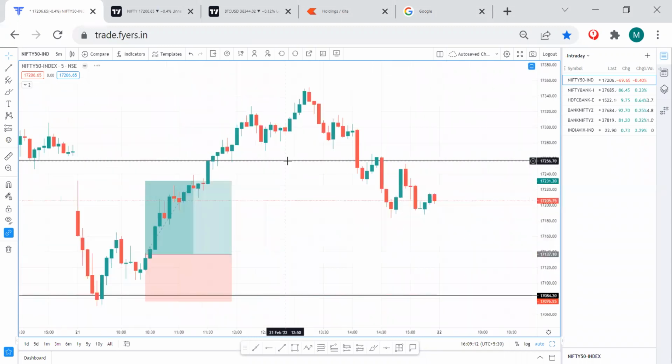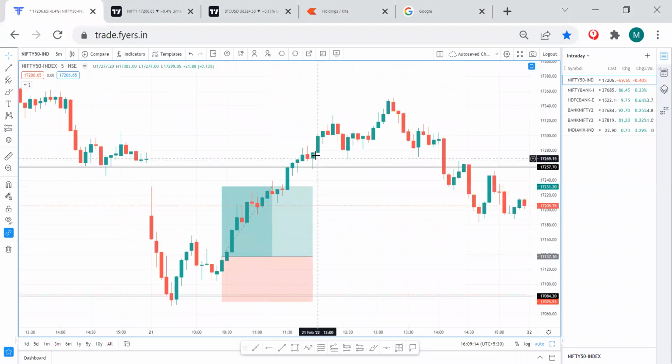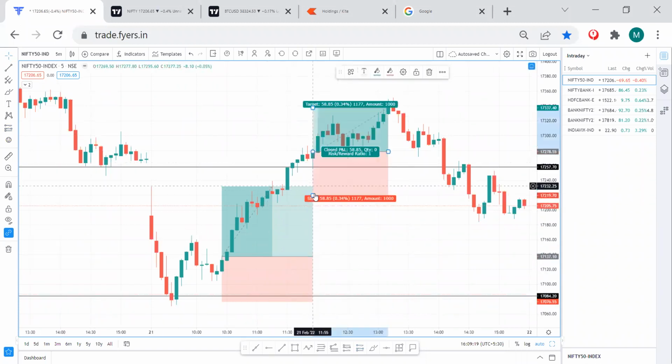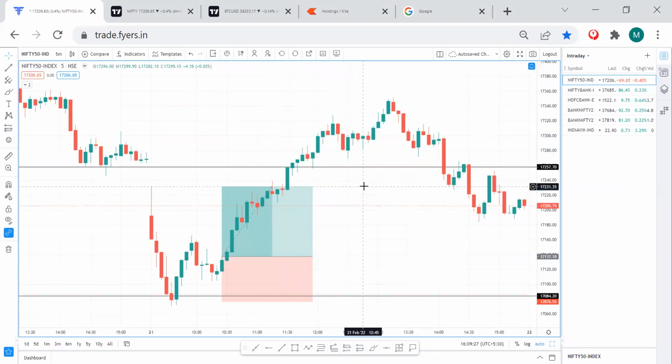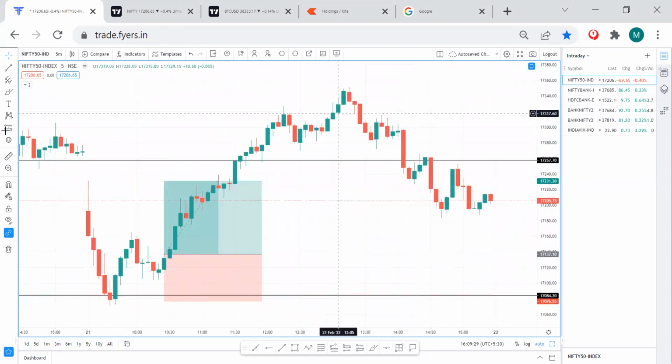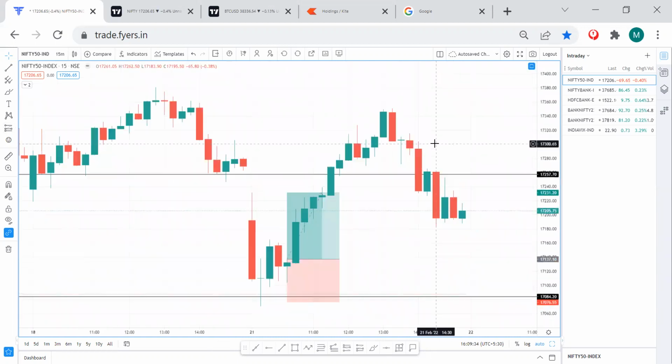If we go to 5 minutes, somewhere here you could have captured the long trade, and 1:1.9, let's say if you took it at 1:1.5, it would have been decent enough. But निफ्टी के अंदर वो चीज काम की, बैंक निफ्टी में नहीं की. However, I think on Friday we discussed